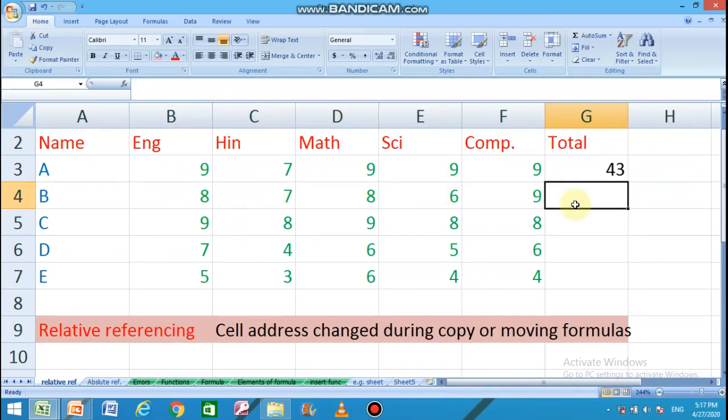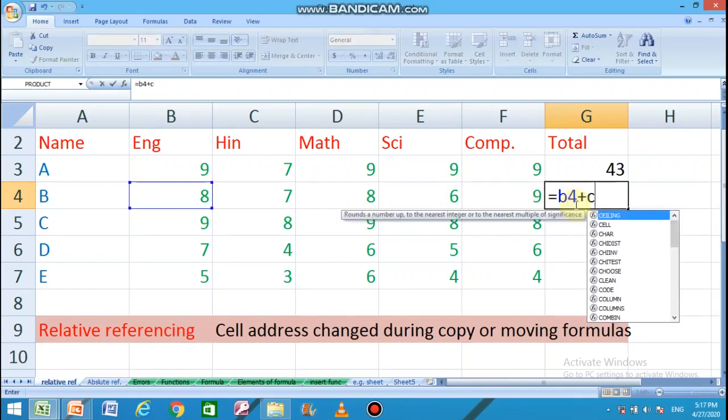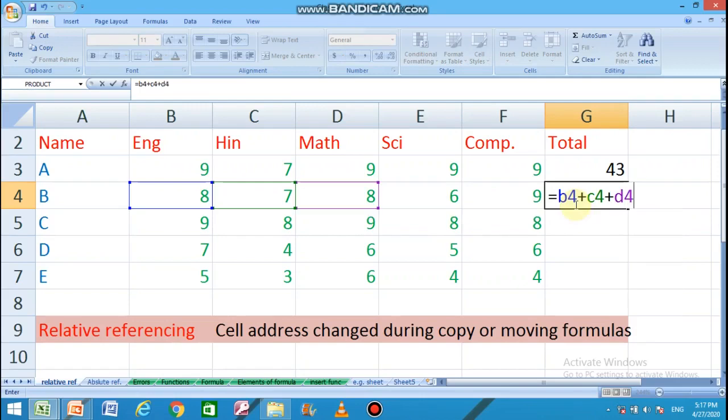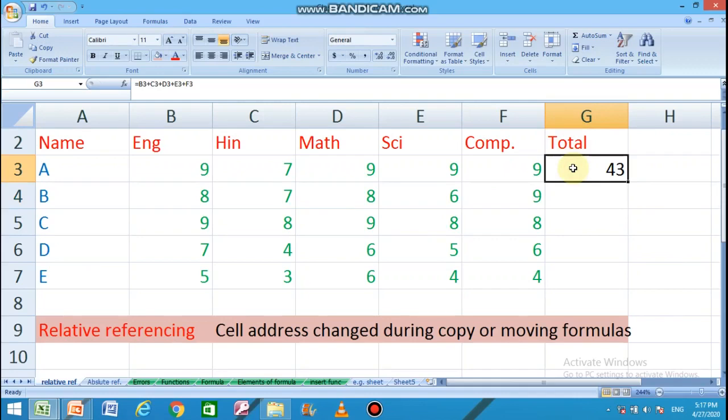So instead of writing the whole formula, we can copy the formula by making the first calculated cell the active cell, and then put the mouse pointer on this fill handle and drag it up to where we want the same formula.